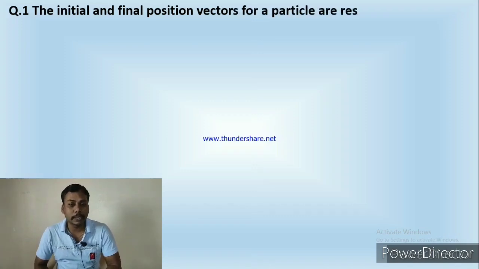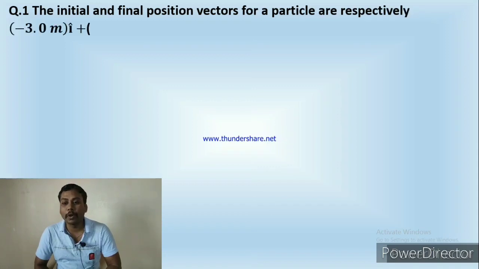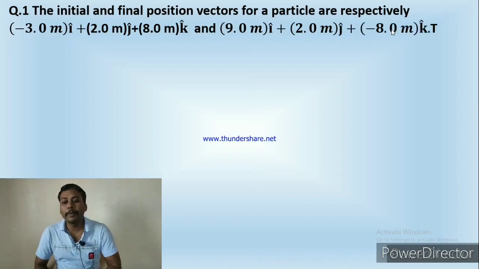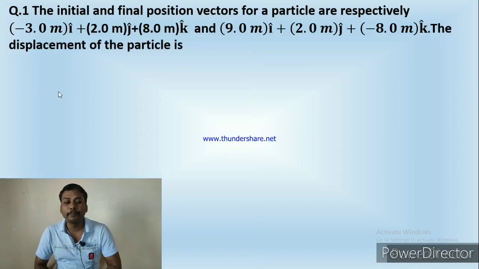Let's start. First example. The initial and final position vectors for a particle are respectively minus 3.0 meter i cap plus 2.0 meter j cap plus 8.0 meter k cap and 9.0 meter i cap plus 2.0 meter j cap plus minus 8.0 meter k cap. The displacement of the particle is